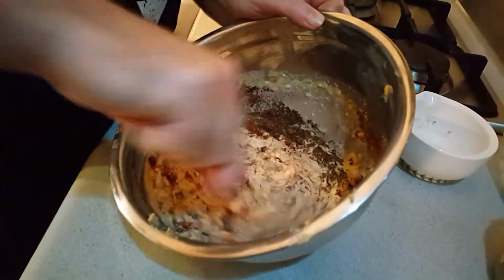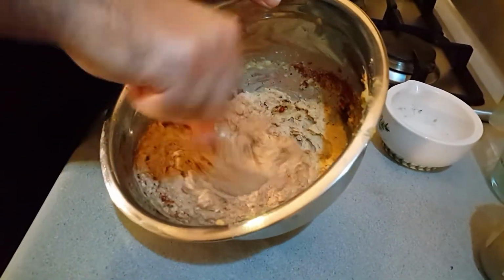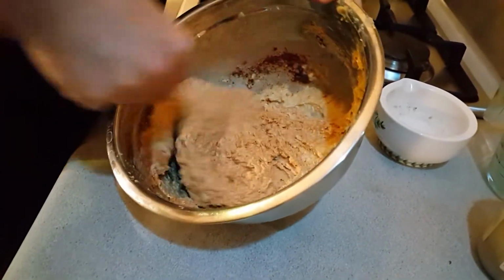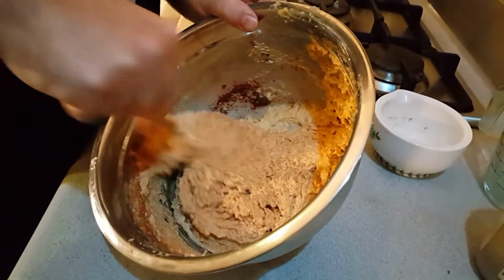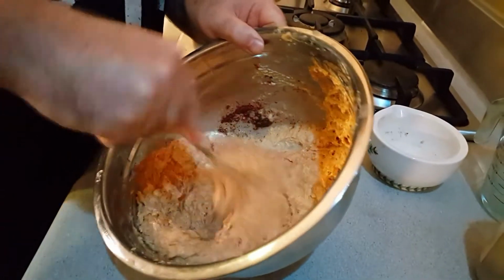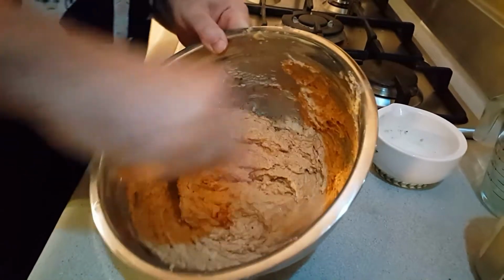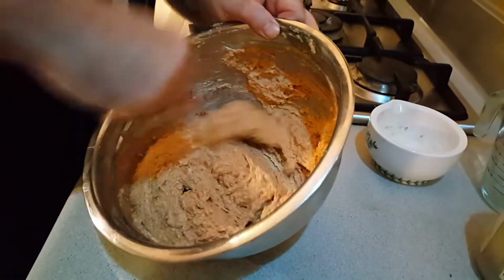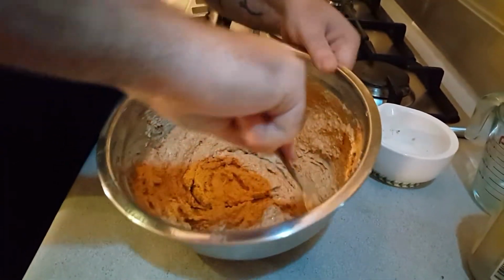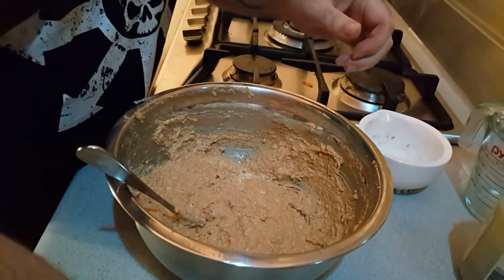Now, as you might have seen in many of my other cooking videos, I really like mashing and mixing with forks. I find that they do it really well. I've experimented with many things. I've tried using whisks before, and I find that standard fork does it better. So really get this thoroughly mixed together,